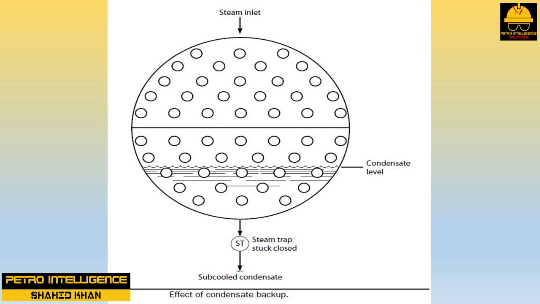Meanwhile, the tubes covered with stagnant water would begin to cool. The steam condensate submerging these tubes would cool. This cooled water would be colder than the saturation temperature of the condensing steam. The tubes would then be said to be submerged in subcooled water. We can see, then, that either condensate backup or blowing the condensate seal will cause a steam reboiler to lose